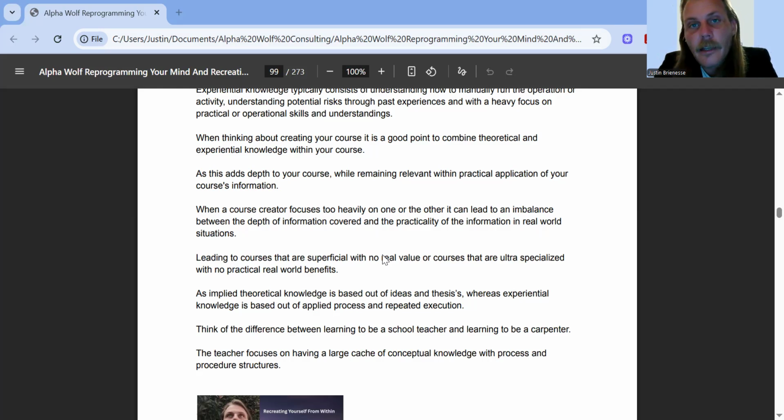So if we said digging a hole is very, very simple, it's literally just putting a shovel to the ground and then lifting the earth out of the ground. It's not rocket surgery. But if we're talking about digging a hole for telecommunications wiring, well, there's a lot of general information that we have to understand and a lot of specialized information around depth, around the way in which the hole has to be dug, and the way in which the cables have to lay and how far down they have to lay. Do you sort of get it? There's all the legislation and all of the codes and things like that that we have to uphold.